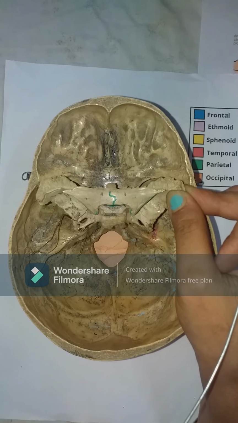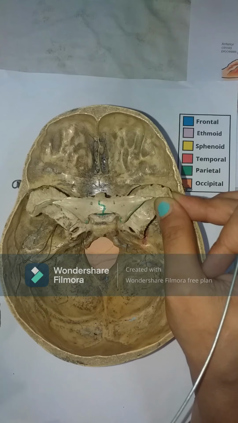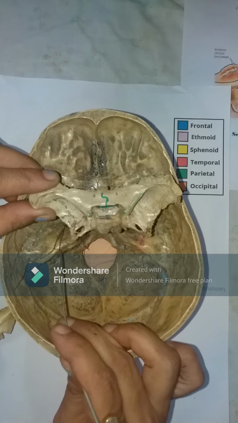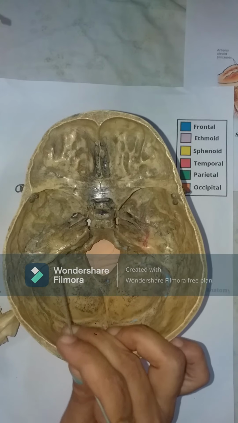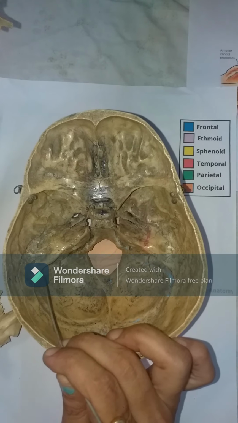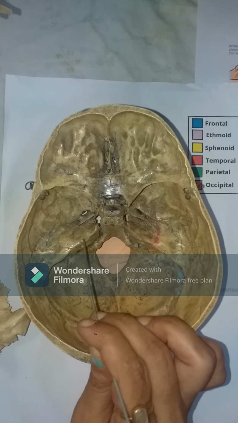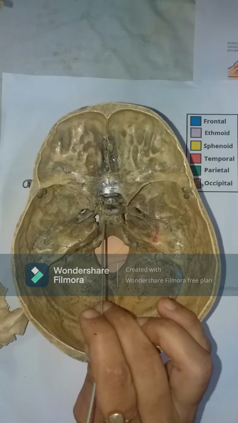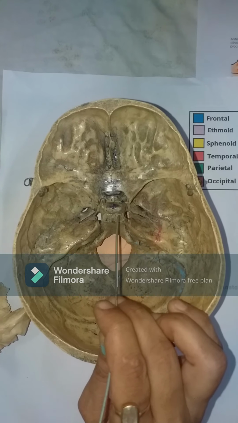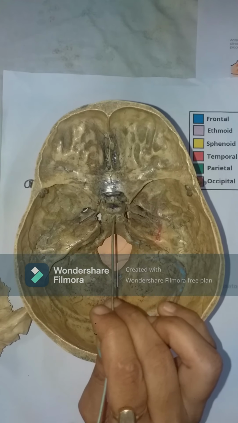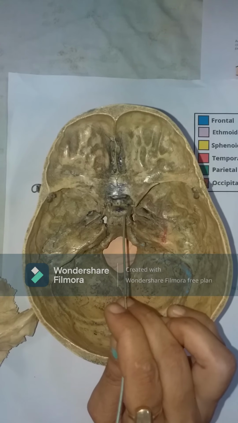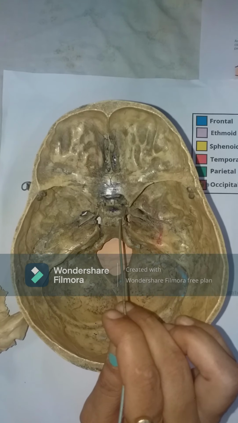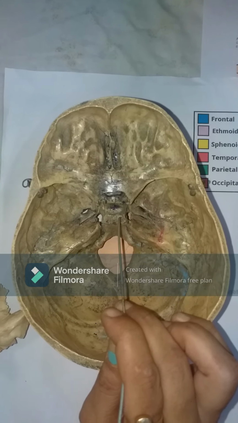We want to articulate with the squamous and petrous parts of the temporal bone, right? So here, let me first show you. This is the petrous part of the temporal bone. This is the posterior margin of the middle cranial fossa, which is formed by the superior border of the petrous temporal bone, right? And in the midline, the posterior margin is formed by the dorsum sellae. What is dorsum sellae? What is tuberculum sellae? All these things trouble you. Right now, do not worry about that. I will explain all these things precisely, and there will be no problem.